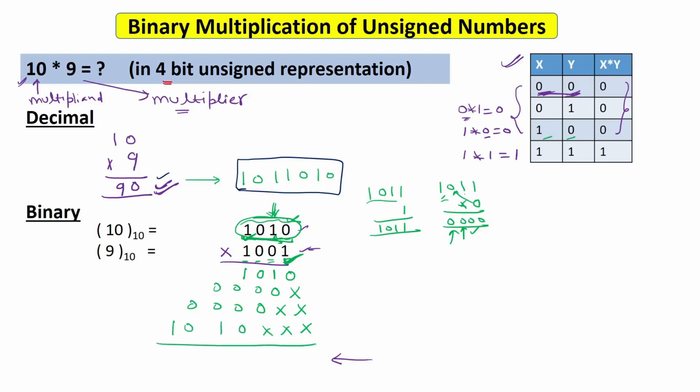Now what you have to do? You will do the addition. Whenever we put this cross, it means we have zeros here. Now you have to add all these things as you do in decimal numbers. So 0 with all these crosses means all zeros are there, so you will simply say 0.